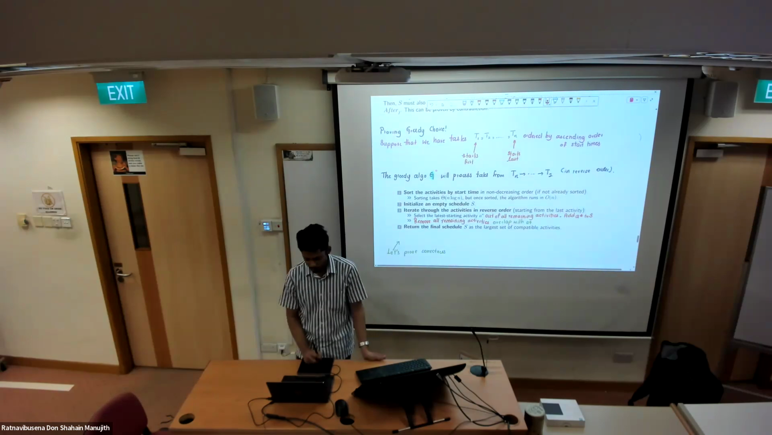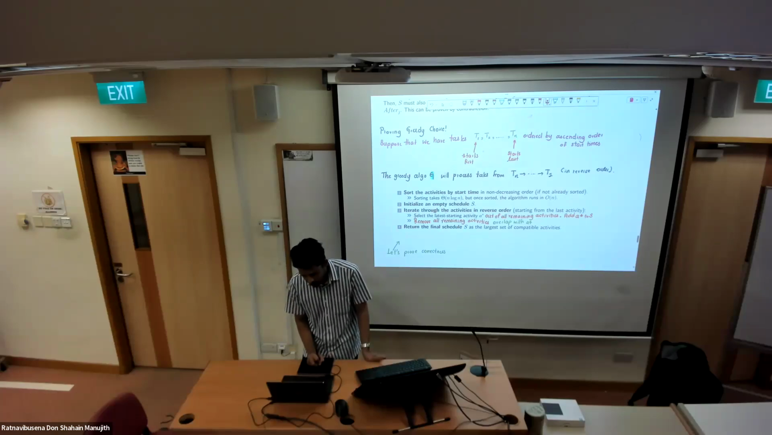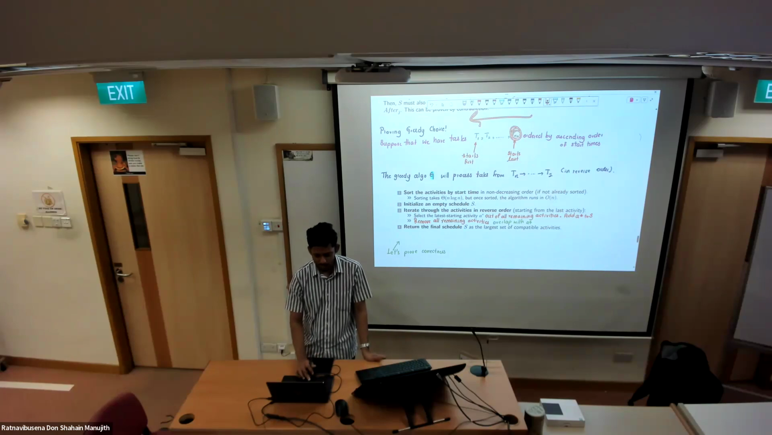So here's what we're going to do. We sorted the activities by start time, right? So that means we sorted by start time. And then we are going to iterate through the activities in reverse order. So we're going to look at this one first. We are going to select the latest activity out of the remaining activities,